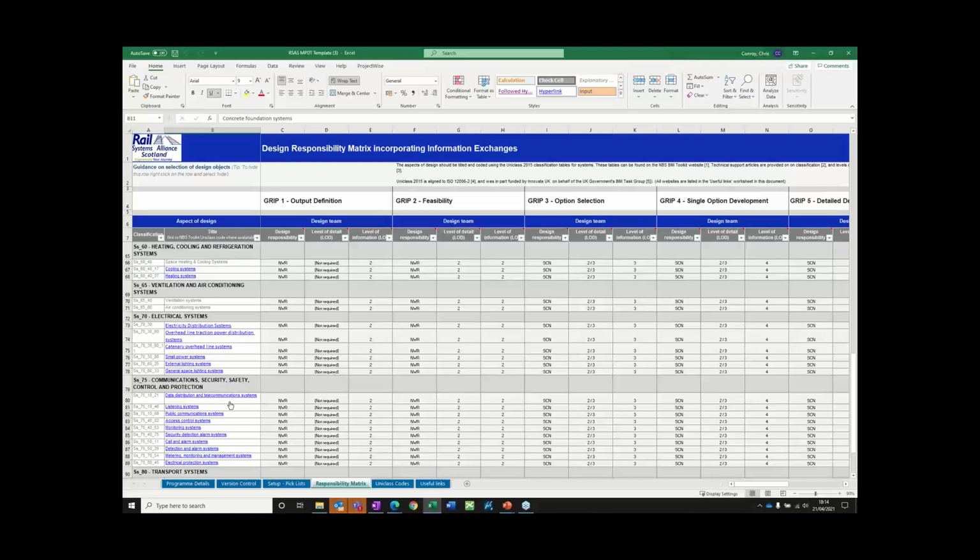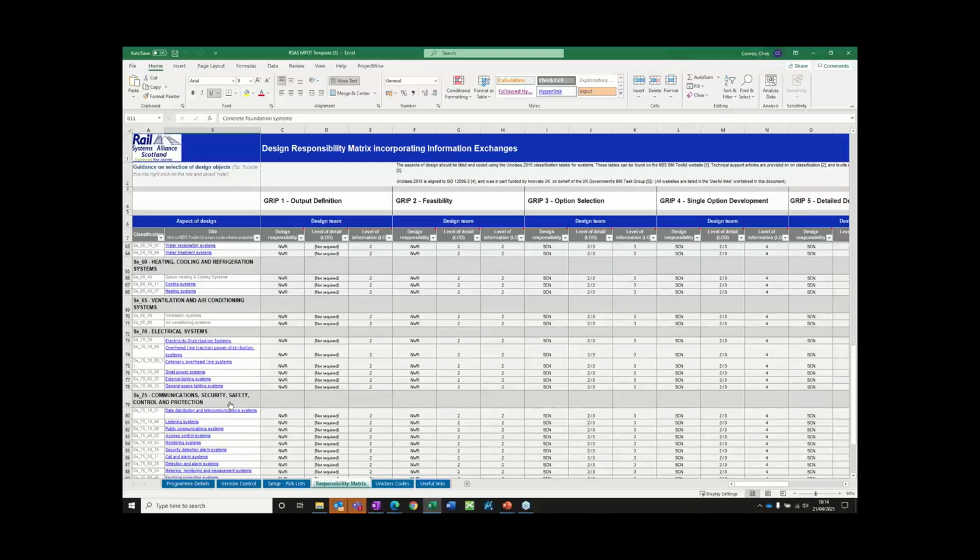I was hoping that came up. Yeah, there we go. For the concrete foundation system, you can see that a level of detail 2 is simply a 2D detail, but a level of detail 3 introduces a 3D model, and level of detail 4 has more detail, level of detail 5 even more detail, but more detail also in the plan and the section details that you would develop in your drawings and your design. Also within the level of information, you can see level 4, 5.